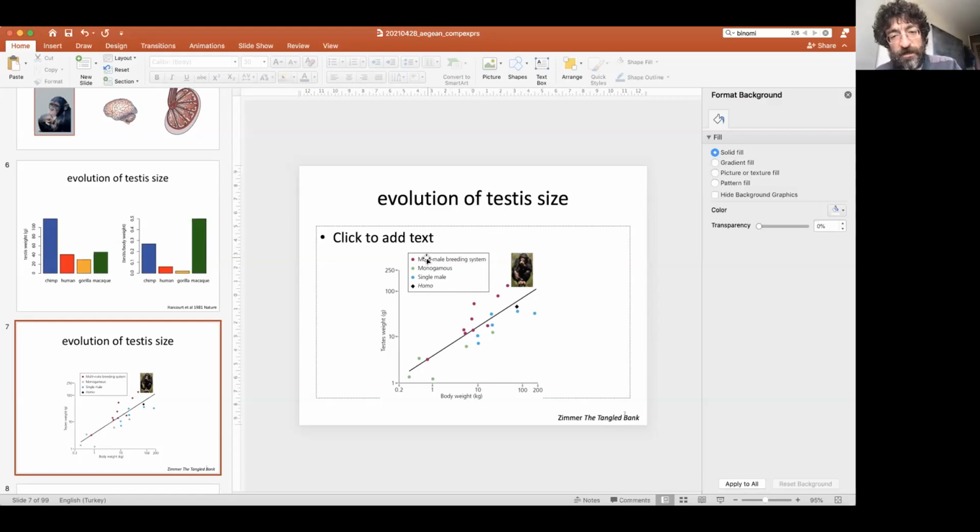And one alternative is monogamy, where males and females, at least during one breeding season, choose one partner and go with that partner, and then there's no space for competition. Single male here refers to harem type of systems, polygyny, single male, multiple females. What is observed in gorillas, for instance, you have single male, multiple females, and then quite a few males who go without mating, bachelor males.